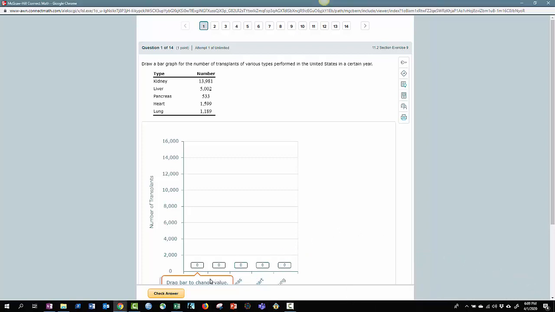You know what it says to drag the bar to change the value? I really don't recommend that because you'll see, like for the first one, 13,981, it's very hard to have a precise enough control to do that. But if you click in the box with a little number,